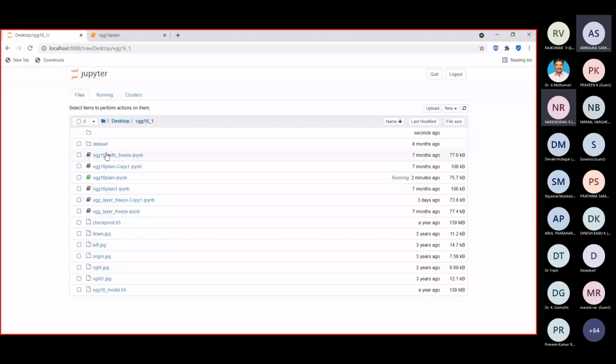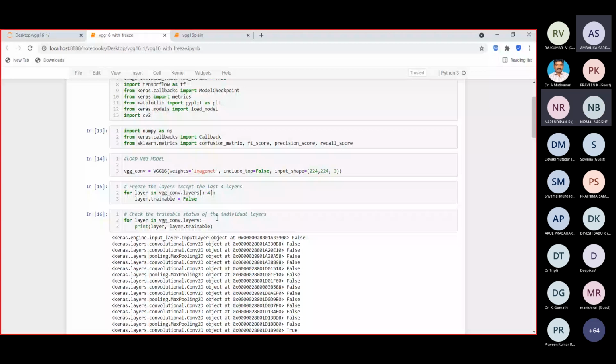What is the difference between this with and without freezing here? So the same thing I have used here, and I told you what is meant by freezing. Here I have applied the concept of freezing. Freezing is where the lower layers of the architecture will be made frozen, and only the higher layers will be trained, and a few more layers will be added over the last few layers for our application here. So if you see here, this is the model.